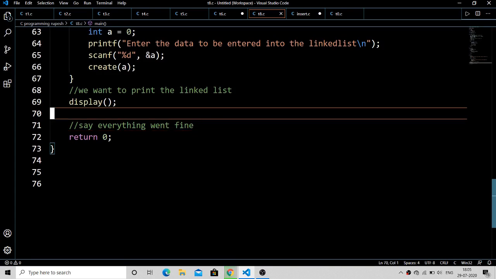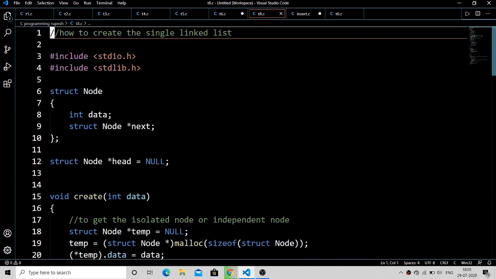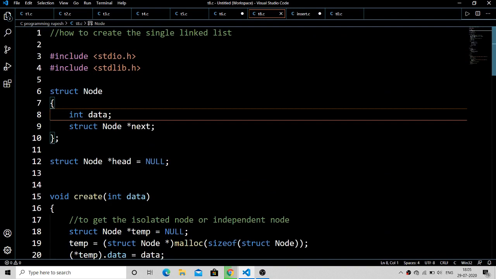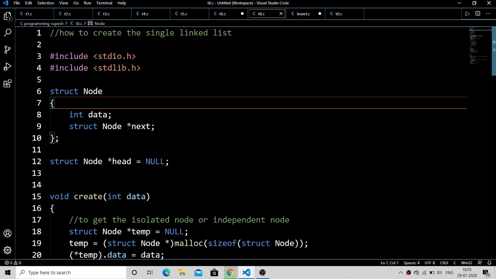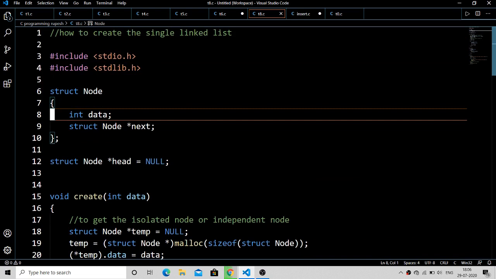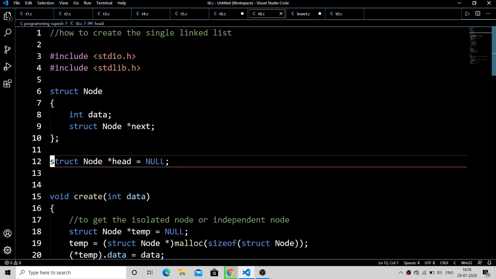Now let's discuss this code and revise it to make you understand. First we'll start by defining our user data type as a struct node, and inside that I have two members, int data and a pointer whose name is next. After that I have defined one global variable, head. As we know, in the linked list head always points to the first node, hence head is very important. So we need to maintain the head so that it consistently points to the first element of the linked list.